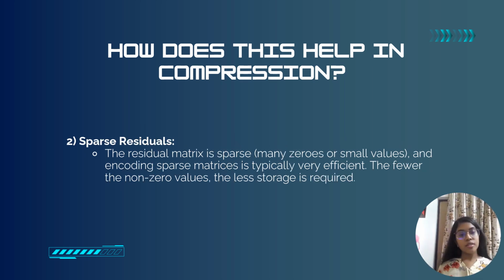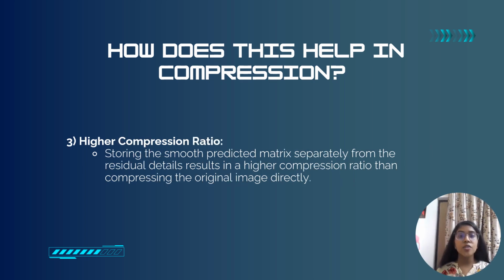Also, sparse residuals. The residual matrix is sparse, that is, it comprises mainly of zeros, and there are very few non-zero values, which leads to easier storage of the residual matrix. Also, storing the smooth predicted matrix separately from the residual details results in a higher compression ratio rather than directly